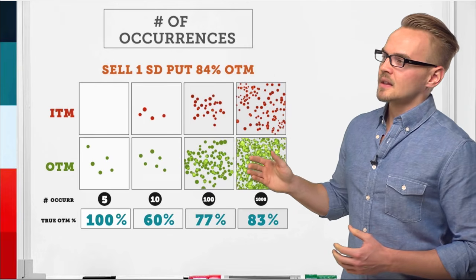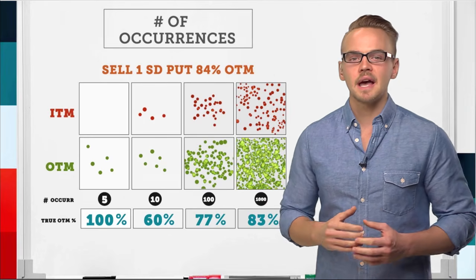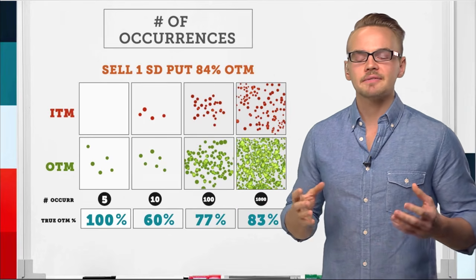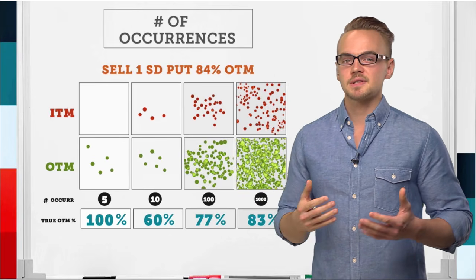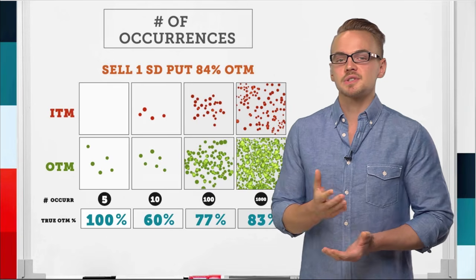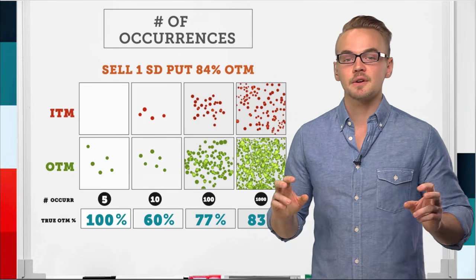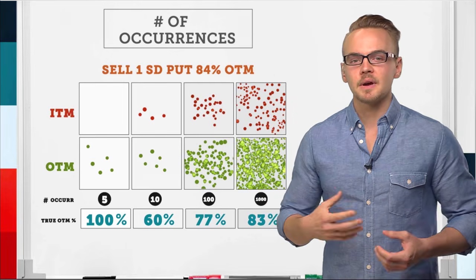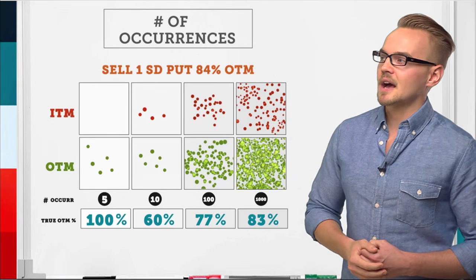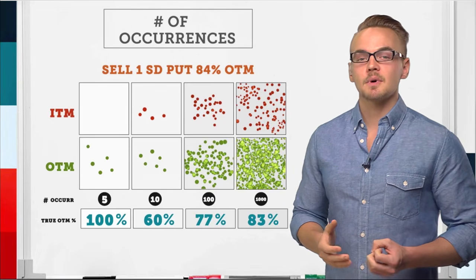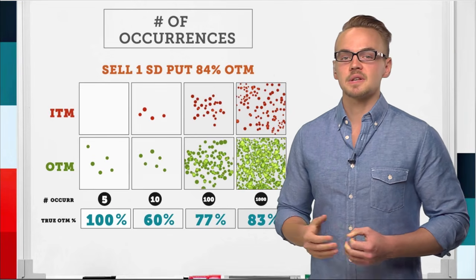Now, let's say we went all the way back to the beginning and I realized half of these right away. So I had a terrible year or a terrible few months. If I'm not managing the size of my portfolio, I probably would have blown out the account, which is terrible. I don't want that. So what I want to do is just make sure that I'm trading very small, trading often, just to make sure that I can withstand this variance or basically anything that might go wrong when we're dealing with probabilities here. But as you can see, if I've got a huge number of occurrences, trading small and trading often, I'm going to see a ton of out-of-the-money trades, which are going to be winners.